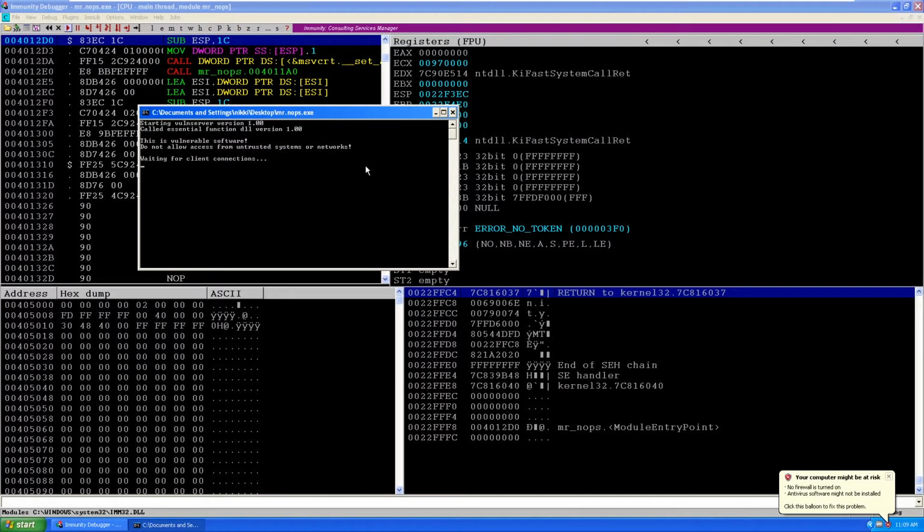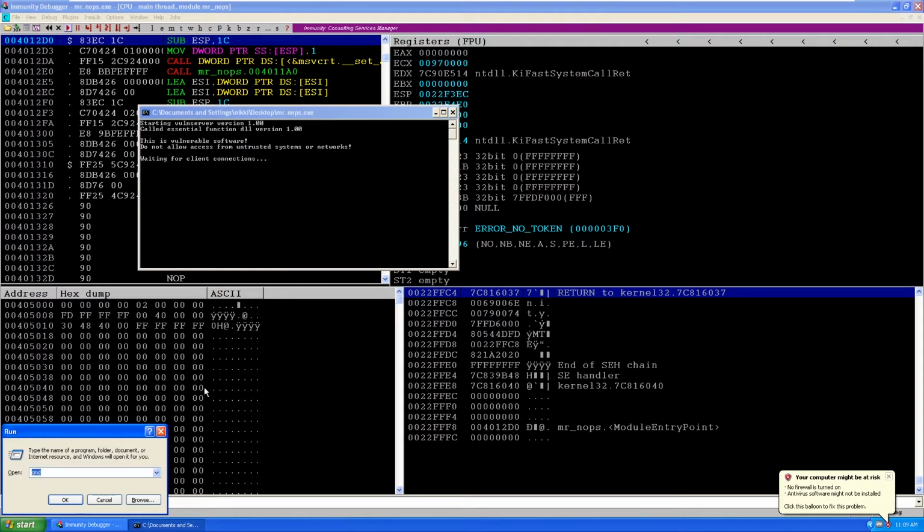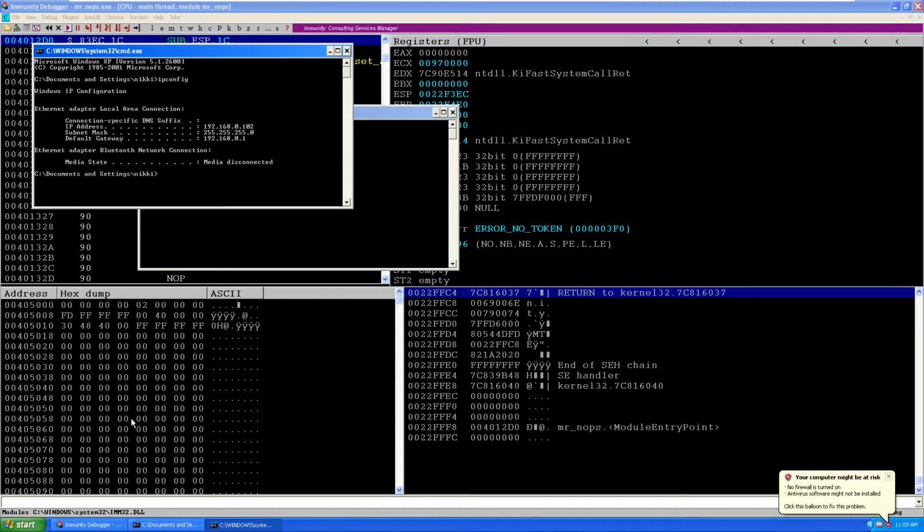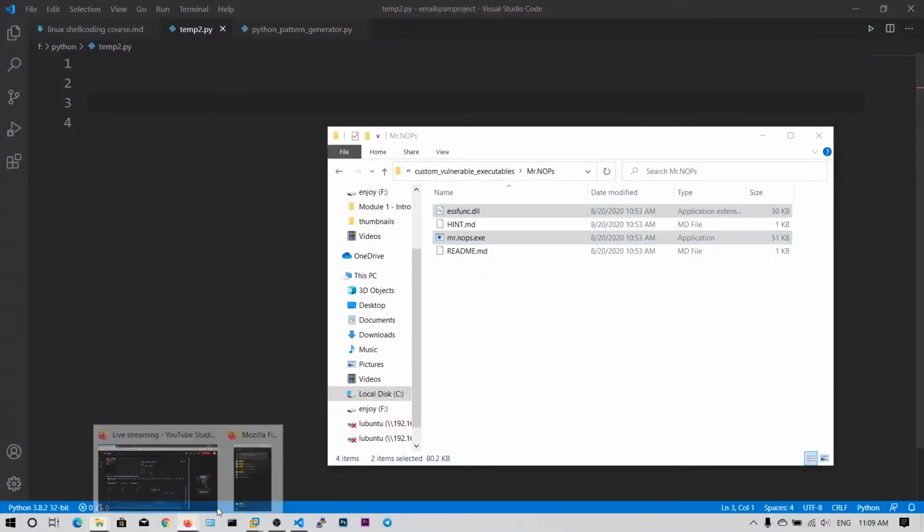Now the binary is running on port 9999. What we want to do is find the IP address of that machine. Press Windows R, type cmd, and type ipconfig. Now we need this IP address in our Python script.